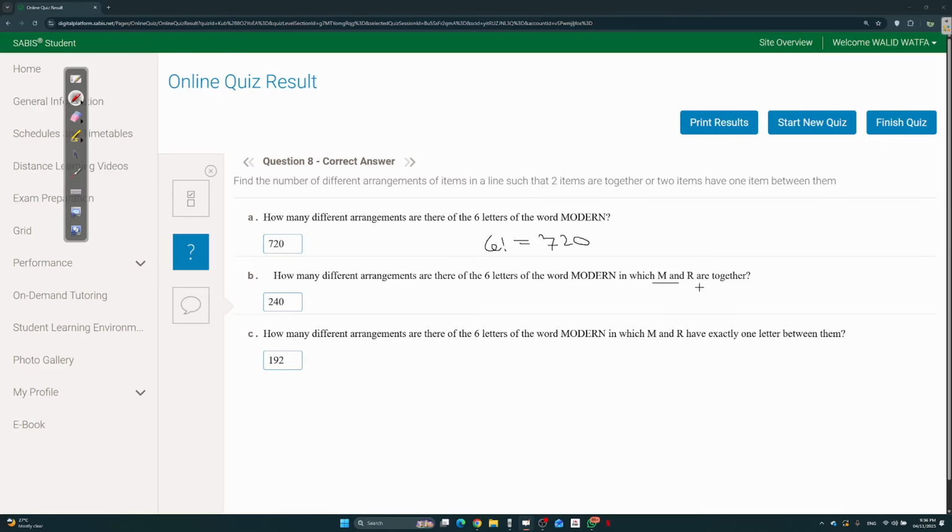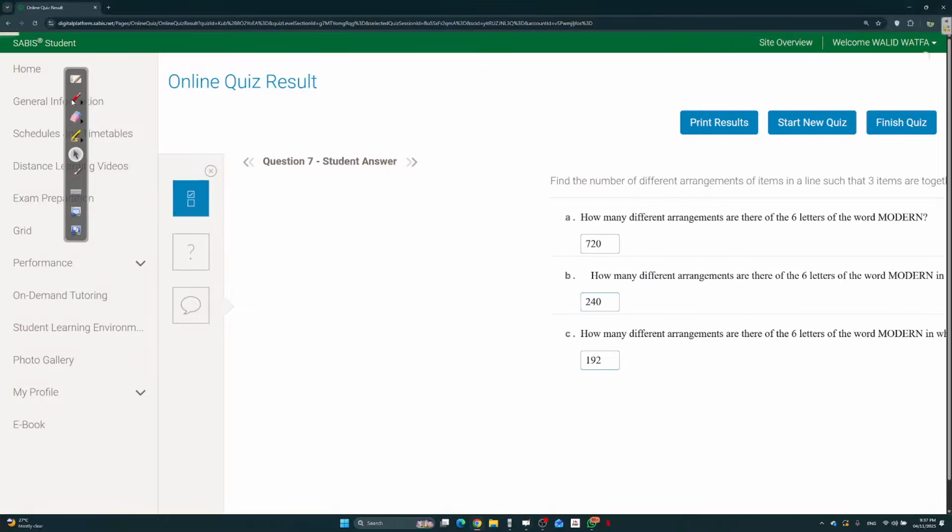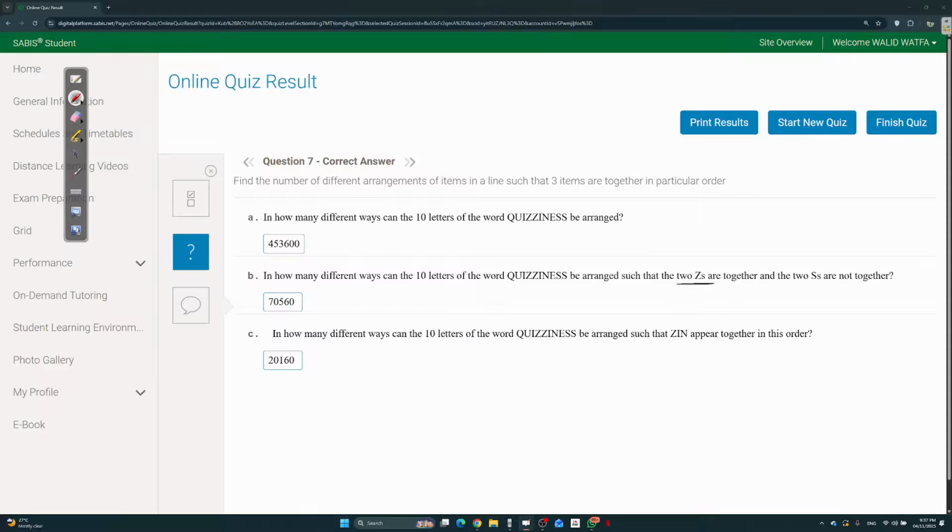So you have M and R, right? Now it's very important to see that MR and RM are not the same arrangement. If you go back over here, we had, for example, ZZ together. ZZ is ZZ. If you swap this with this, it's still going to be ZZ. That's why we didn't multiply by the number of arrangements here. But over here, since it's MR,